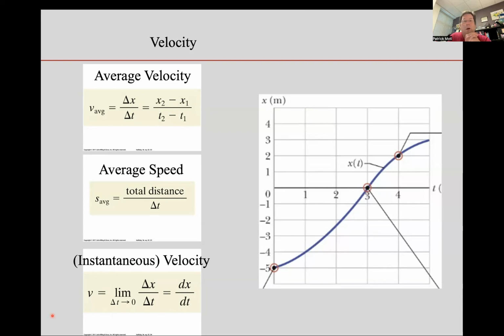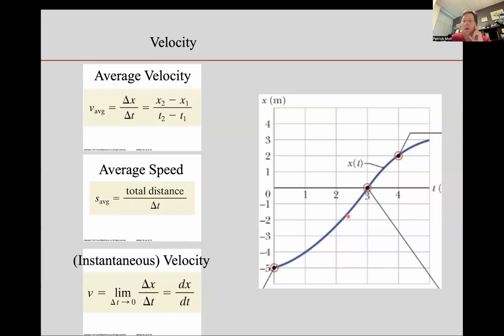All right, so we talked about our coordinates and position. The next thing we're going to need to describe motion is the rate of change of position, which is velocity. I have here a plot of position as a function of time. The position is changing from about -5 meters, goes through the origin at 0, 2 meters, 3 meters. And at any point along this curve, there's going to be a time and a position, one spatial dimension,